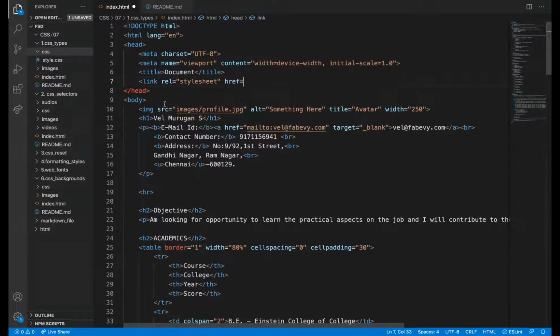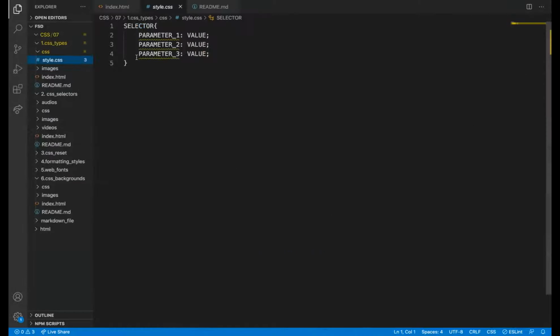Href is a reference, like the a tag you have added, right? So you need to go to the CSS folder, and inside that there is a style.css file. We are linking this style here. So I'll write the same.